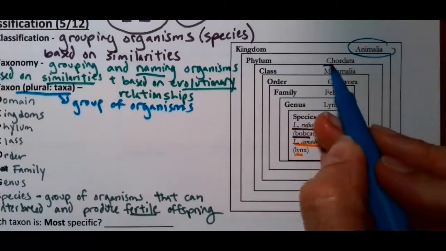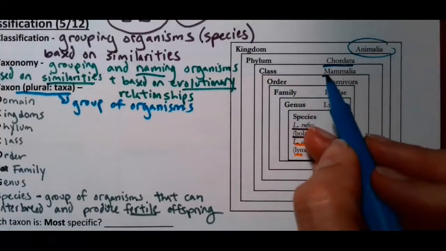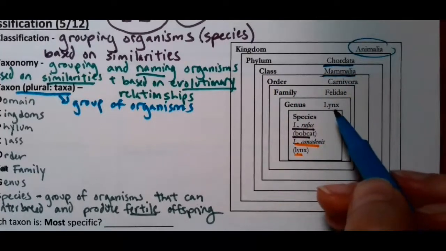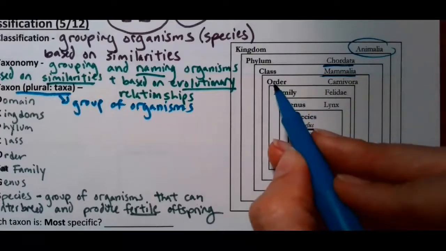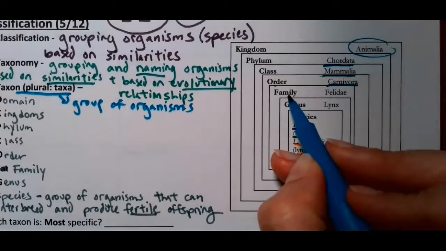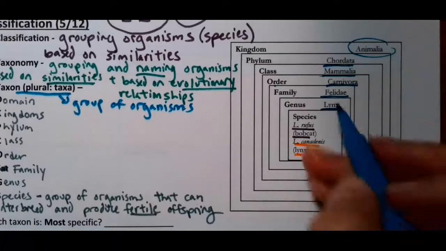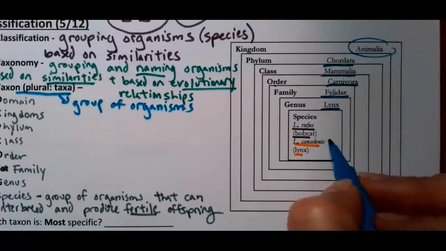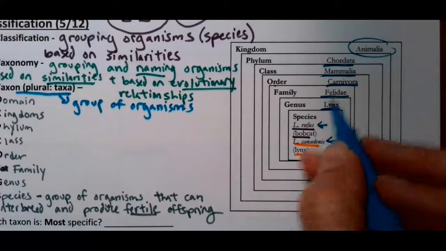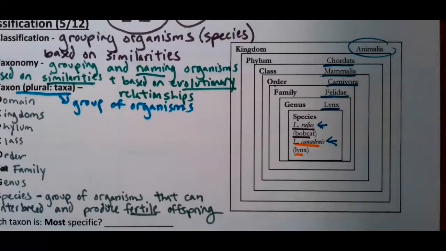They're in the same phylum, Chordata, meaning they have a backbone. They're in the same class, Mammalia, meaning they're mammals. They have hair and they feed their young. They're in the same order, Carnivora, meaning they're carnivores, they eat meat. They're in the same family, Felidae, which means they're cats. They're in the same genus, Lynx, but they diverge or separate at species. This is the species name for a bobcat, and this is the species name for a lynx. Because they share all these other commonalities, they are very closely related through evolution and through the similarities. They look very similar to each other.